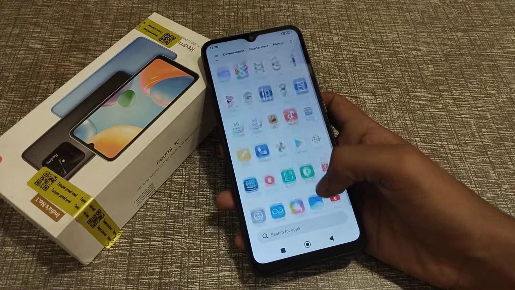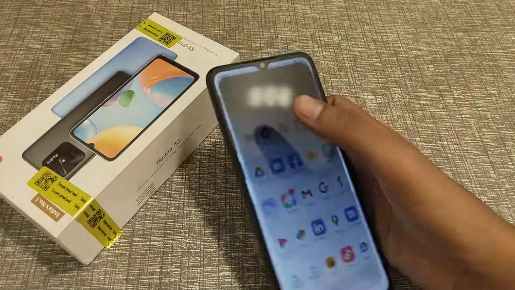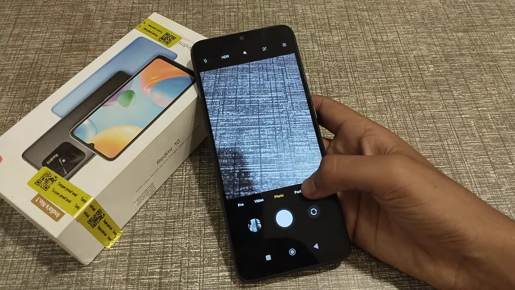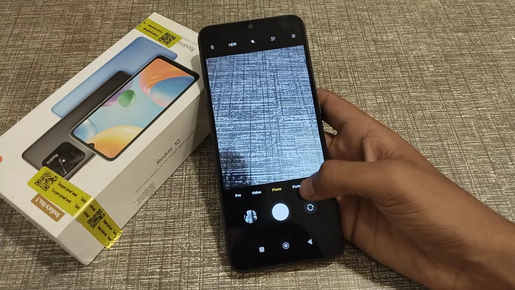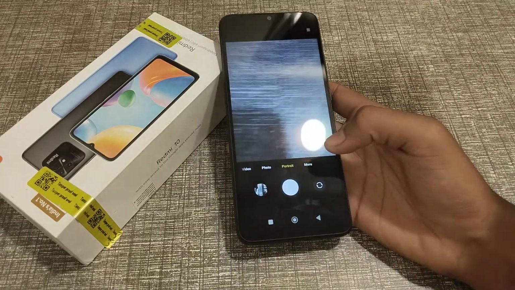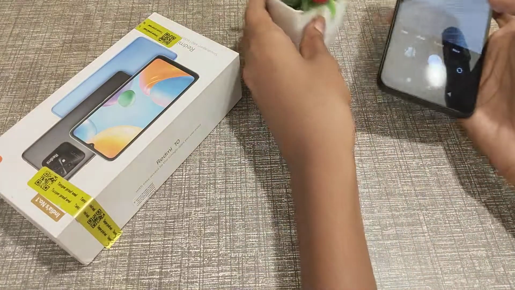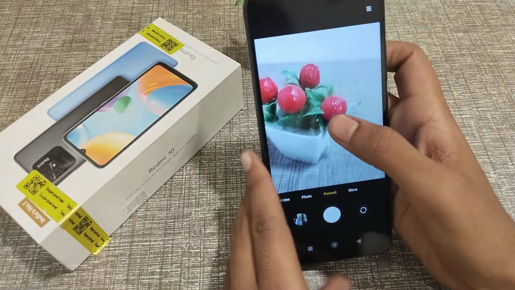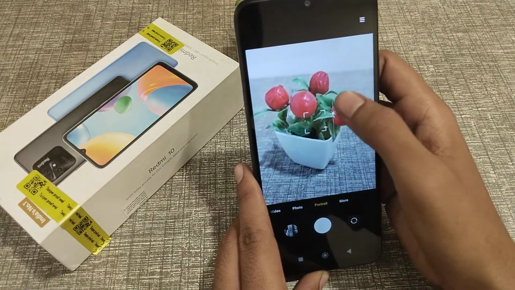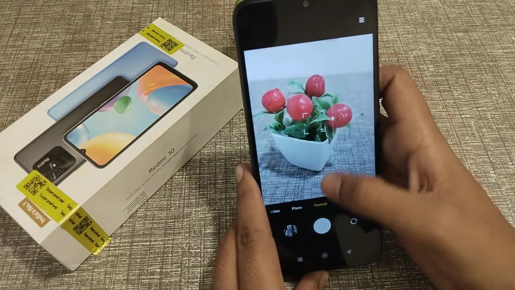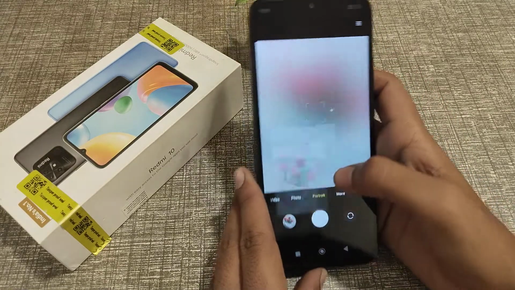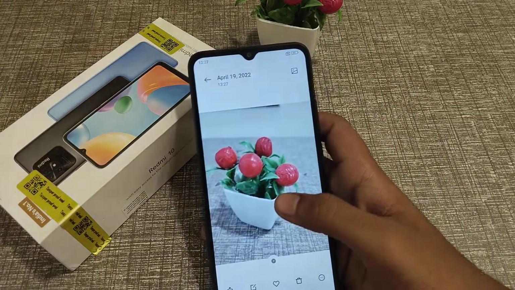So first of all, friends, what will you have to do? Open your camera settings. Today I'm going to tell you about the portrait mode camera setting. As you can see, portrait mode is here, so I click here. For example, I am taking a photo of my flowers, and guys, to take the photo, I click here. You can see the portrait mode camera